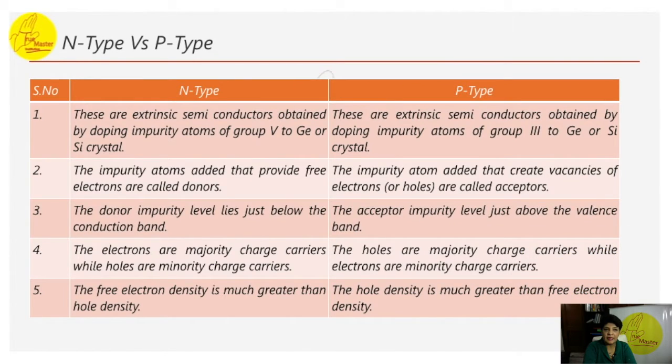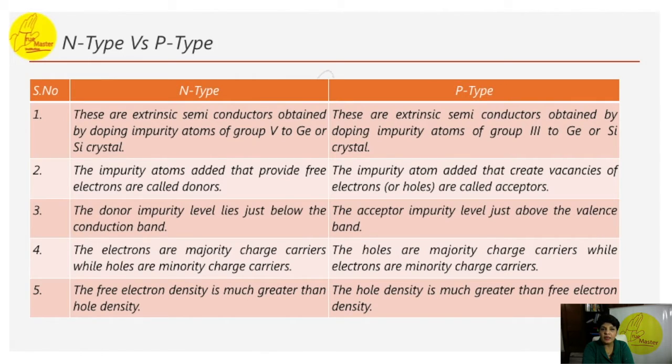When we compare n-type and p-type semiconductors, semiconductors you have understood: if it is intrinsic, it is pure, which has only silicon in it. When it is extrinsic, we can add group 5 elements. If the impurity is group 5, as we have seen, when phosphorus was added, it becomes n-type. In case boron was added, it becomes p-type. So n-type semiconductors are obtained by doping.